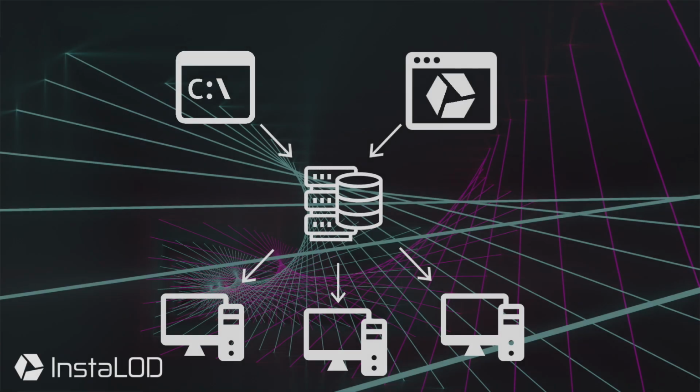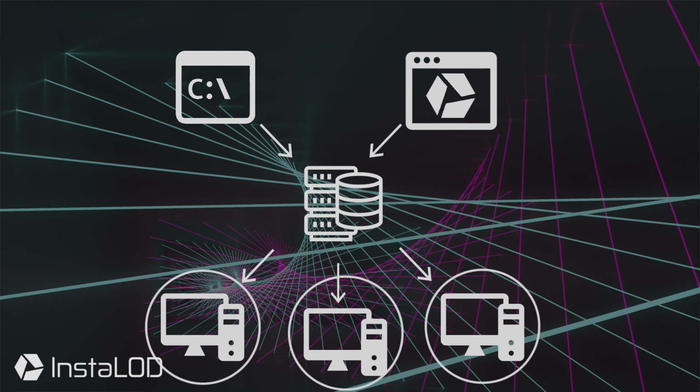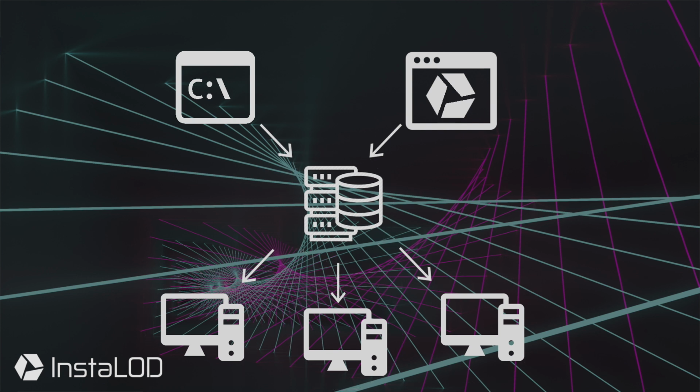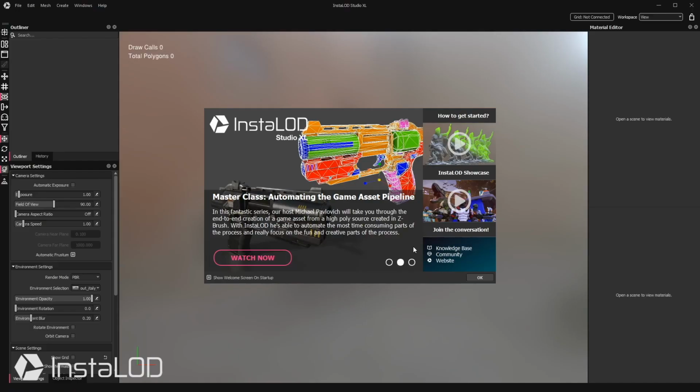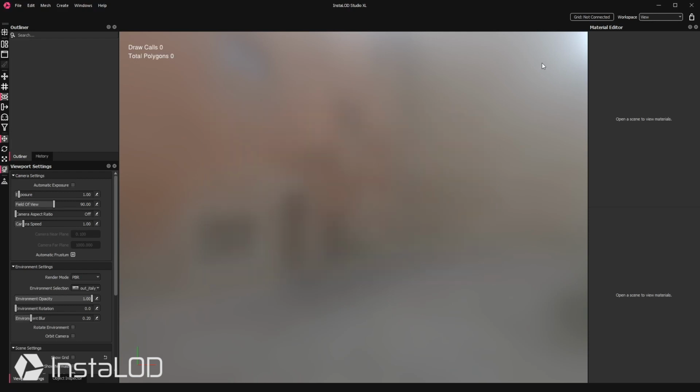In this video, we will look at how to process data through InstaLOD Grid using InstaLOD Studio XL. Please be aware that a master server and processing slave need to be set up first to successfully process data through InstaLOD Grid. With InstaLOD Studio XL opened, navigate to the top right-hand side of the application and select Grid